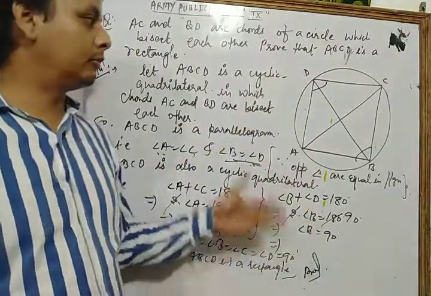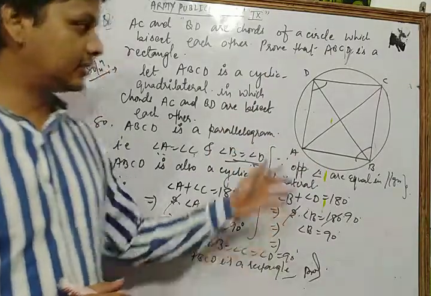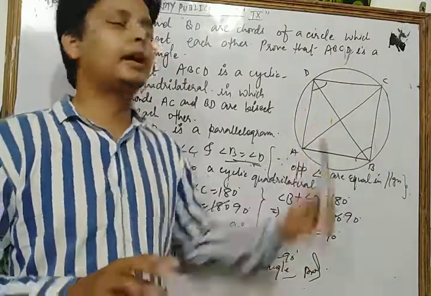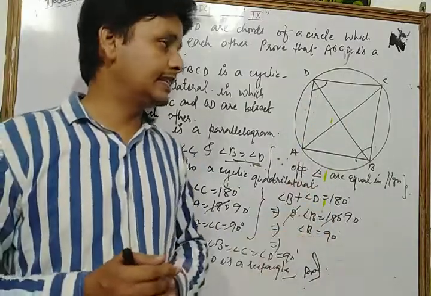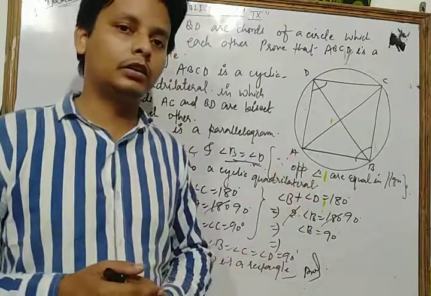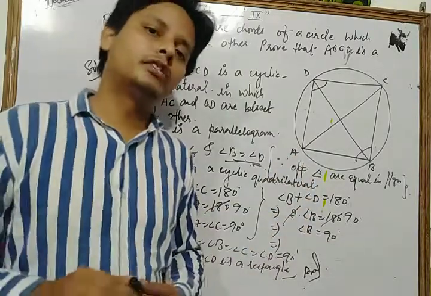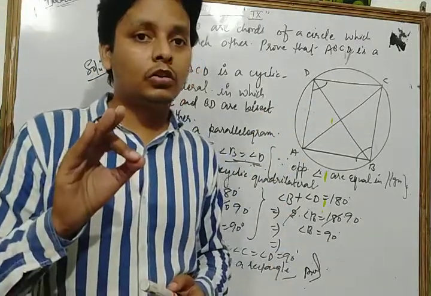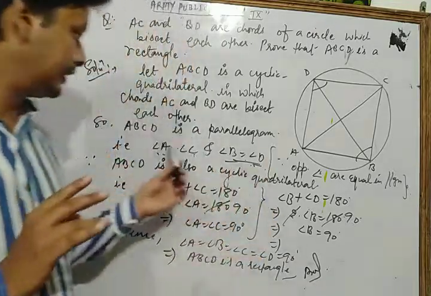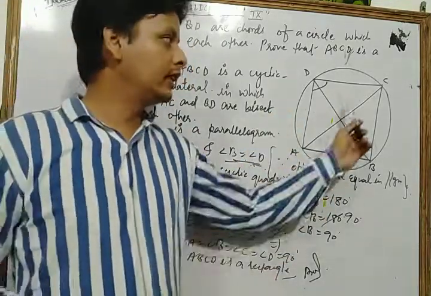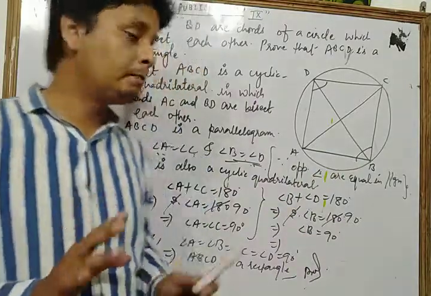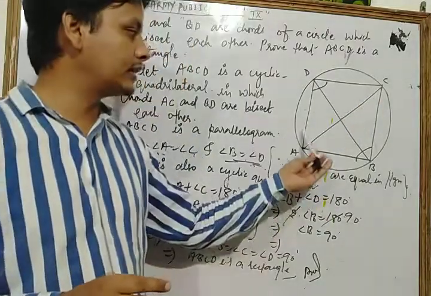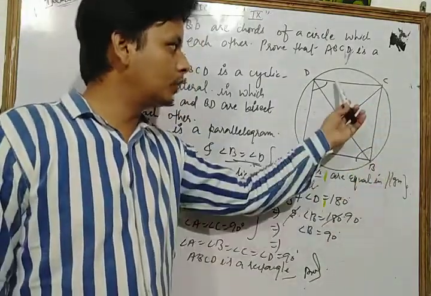all the theorems based on these properties. Okay, let's see once more time. In that figure it is given that AC and BD bisect each other. If the diagonals of any quadrilateral bisect each other, then it is a parallelogram. So ABCD is a parallelogram because the diagonals bisect each other. Now in a parallelogram we know that opposite angles are equal to each other. So dear students, angle A is equal to angle C, angle B is equal to angle D.